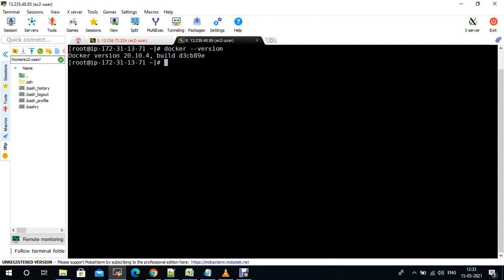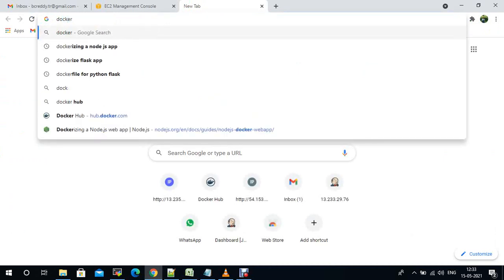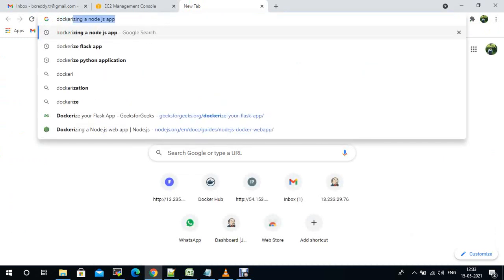Okay, so let me create a folder, Python Docker demo, to Dockerize the Python application.